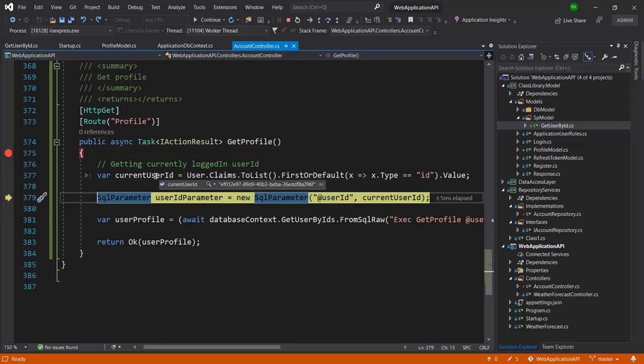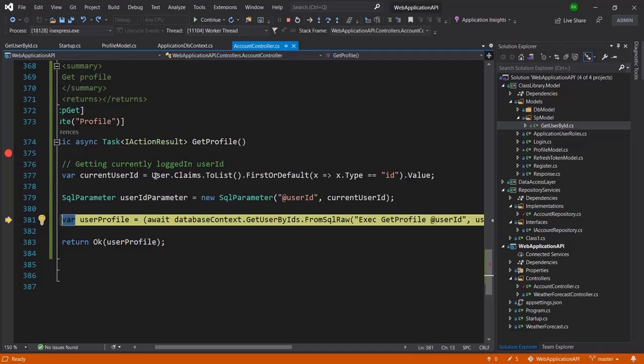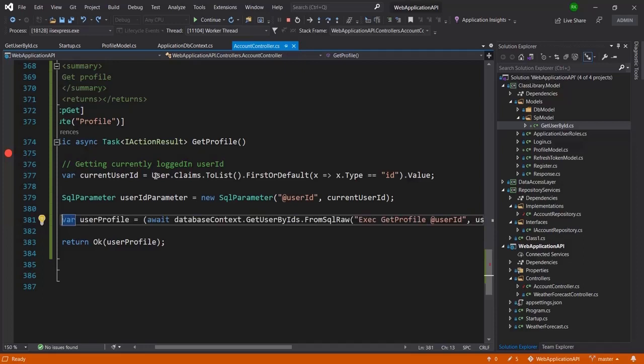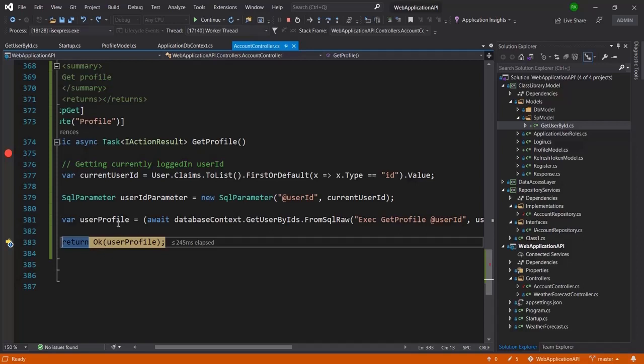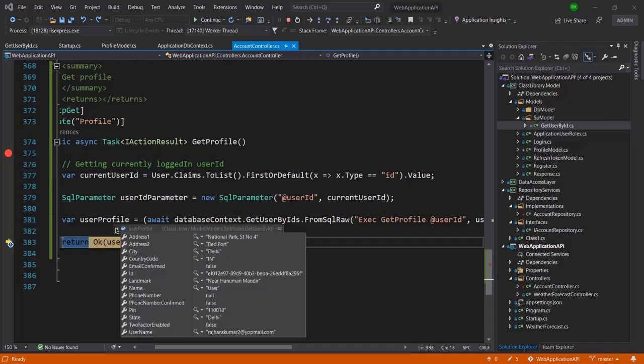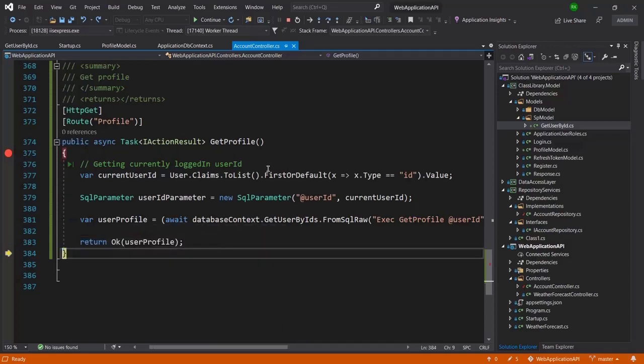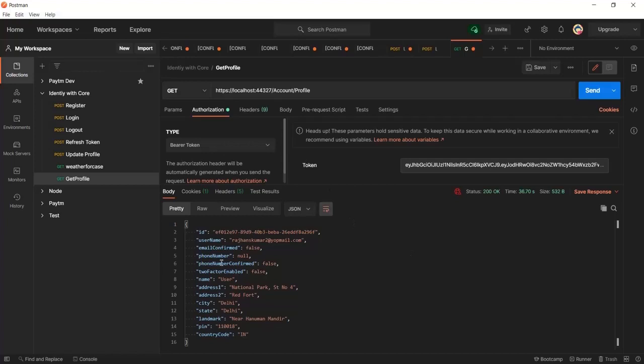Okay, now let me move ahead again, and we have reached the line of calling the procedure, and here you can see we got the data in the user profile. This is the complete data which is coming from the database. Now let me press F10 to navigate to the next line, and now I will click on continue. Here you can see we got the complete response as a single object in a JSON string in Postman. So like this you can call the stored procedure in ASP.NET Core projects.